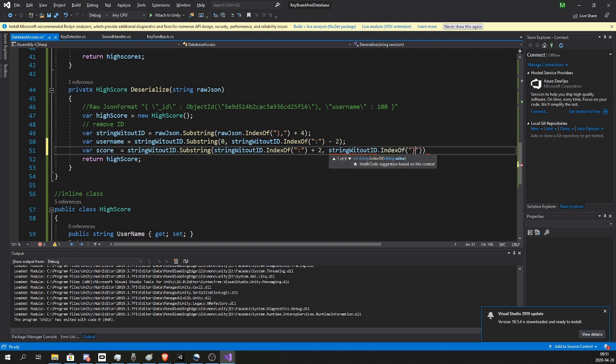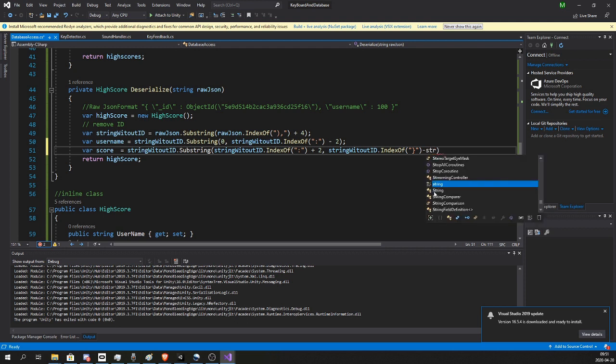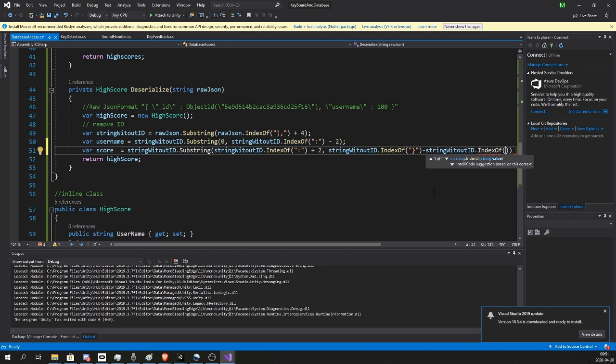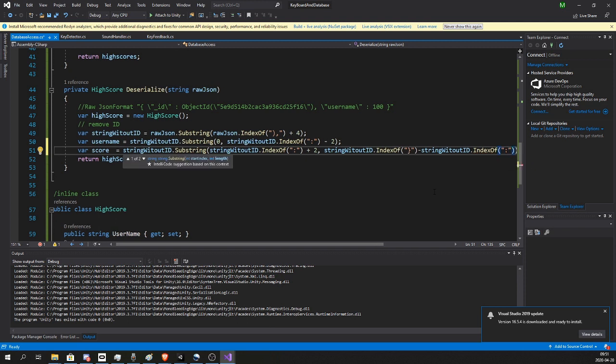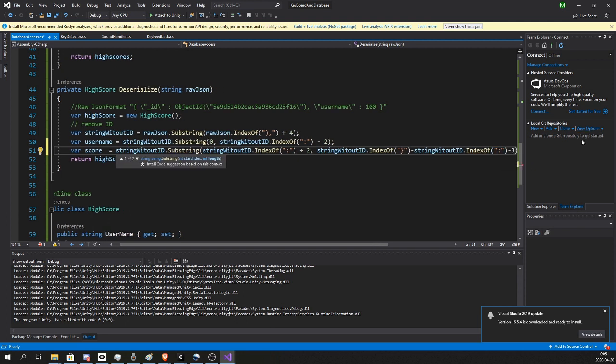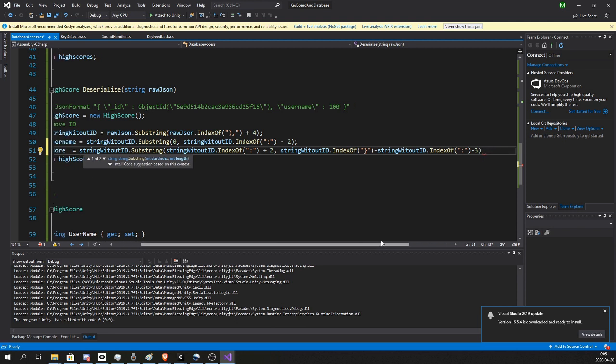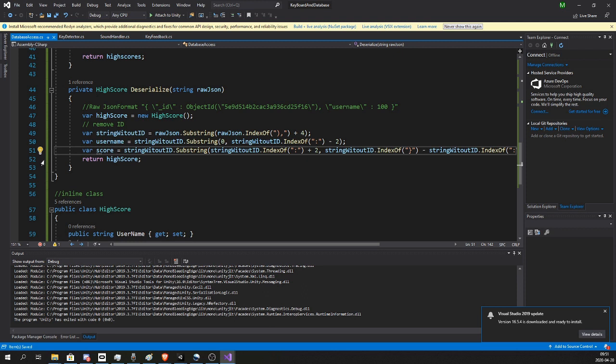So let's get the index of the ending bracket, minus the index of the colon. If you do not understand this one, I'm just making sure that I only get the score, and you can copy this straight up. I realize this looks confusing,